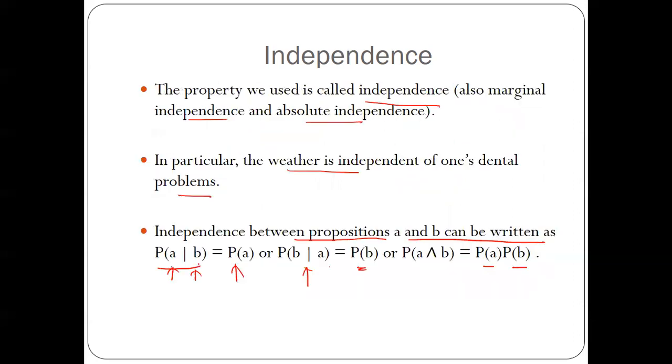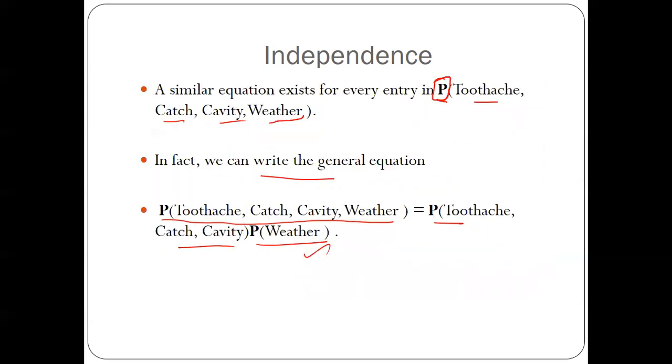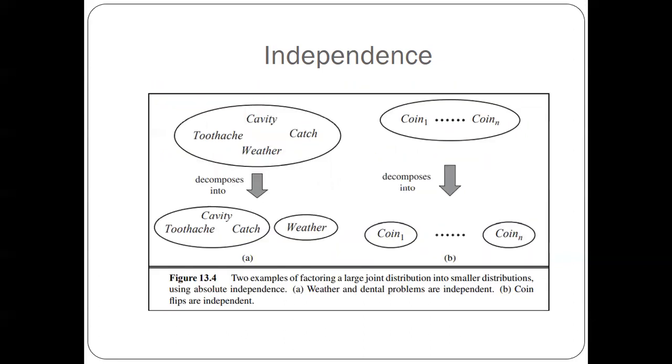Okay. So in this previous example, basically what we did is we initially considered four variables: cavity, toothache, weather, and catch. But later we found that weather is totally independent of the remaining three variables. Hence, we made it into something like this: cavity, toothache, and catch. These are dependent items, but weather is totally independent. So we have separated it out. Okay, and then we applied the probability. Actually, by doing this, the size of the problem will also reduce.